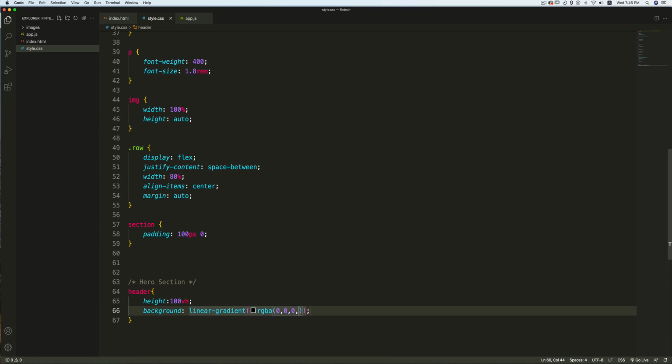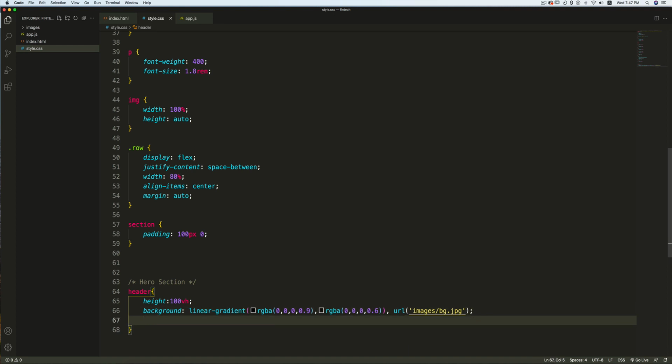It will be black, so 0, 0, 0, and it will be from 0.9 to 0.6. So RGBA 0, 0, 0, 0.6, and after this I'll set the background image. So URL, the image is in the images folder, and this is pg.jpg.